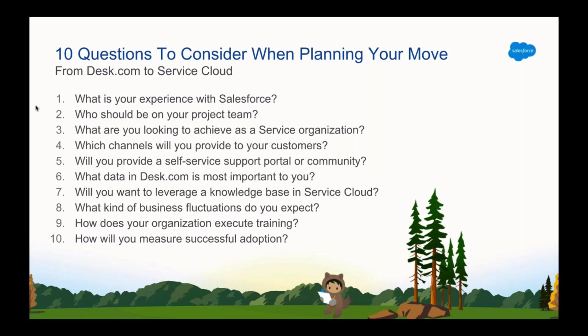So thinking through your transition and establishing a project team early on will allow you to have open and productive conversations with your business and help you realize the opportunity your team has in leveraging a solution like Service Cloud. It's also a great opportunity to learn more about and increase your Salesforce experience. So we really do recommend using the questions posed here today, as well as any others that might emerge from your team, to help successfully plan your move and improve adoption early on when it is time to roll out